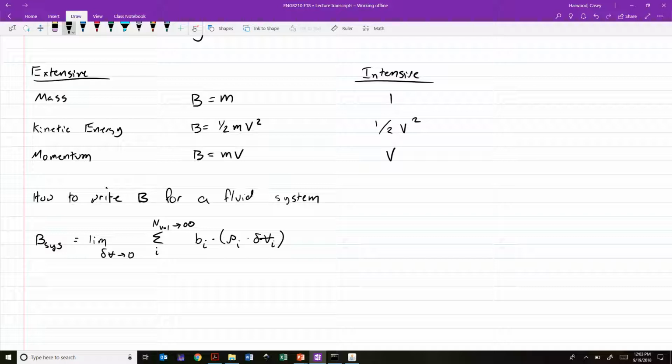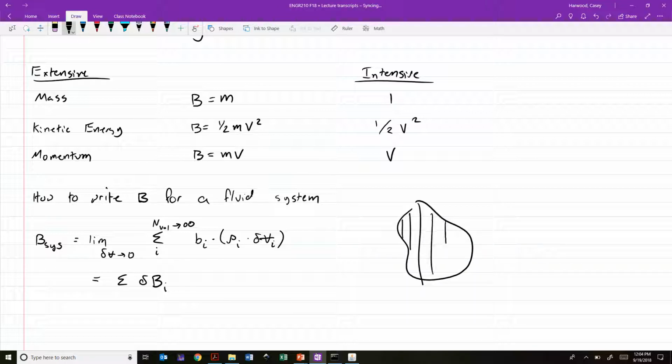If we take that rho times delta volume, we're going to get a little mass. And if we multiply that little mass for element I by B sub I, then we're essentially summing up all of the little elements of that extensive property. Okay, so if we have a rock, we could divide this up into, in the limit of an infinite number of little pieces, and each one, okay, we could say this has some little volume, it's got density, and it's got its intensive property. We multiply those things together, and then we do that for every little piece, add them up,